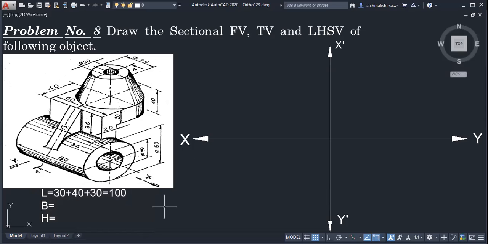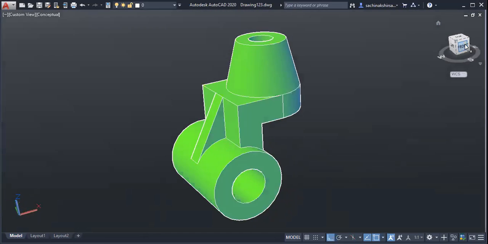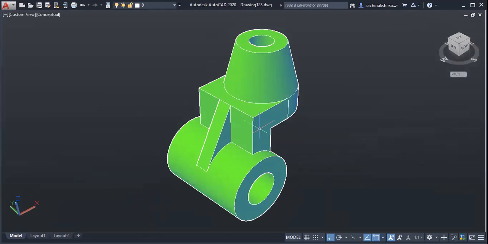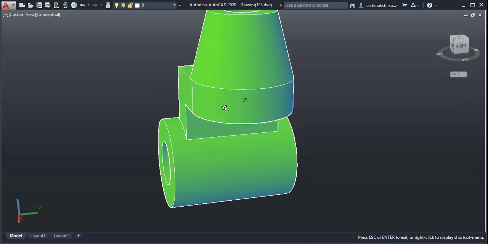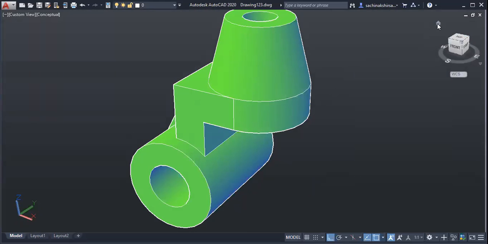So once again I will show this object because which two dimensions. So here you can see, that middle part is starting from the middle of the cylinder. Okay. Then after that, from this particular edge, 40 to the center of this vertical part, and from that again this semicircular part. From this again this semicircular part, this back side, its radius is half of the 60, means 30. It will be 30. Okay.